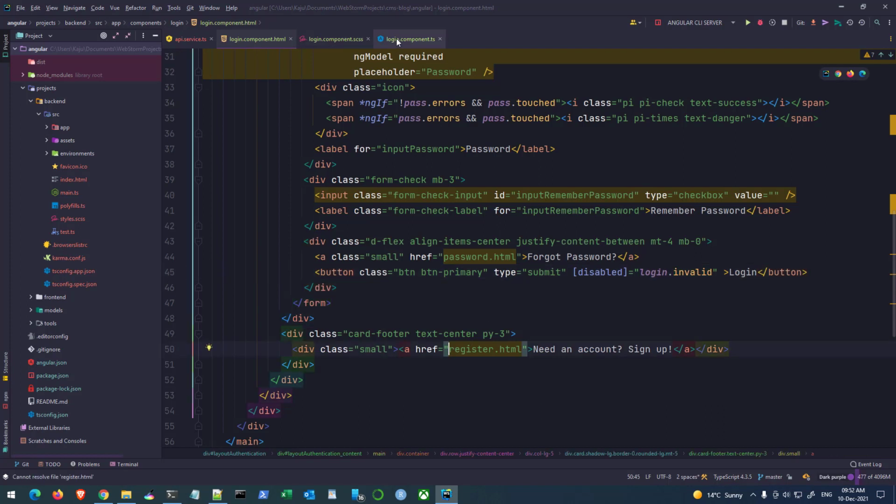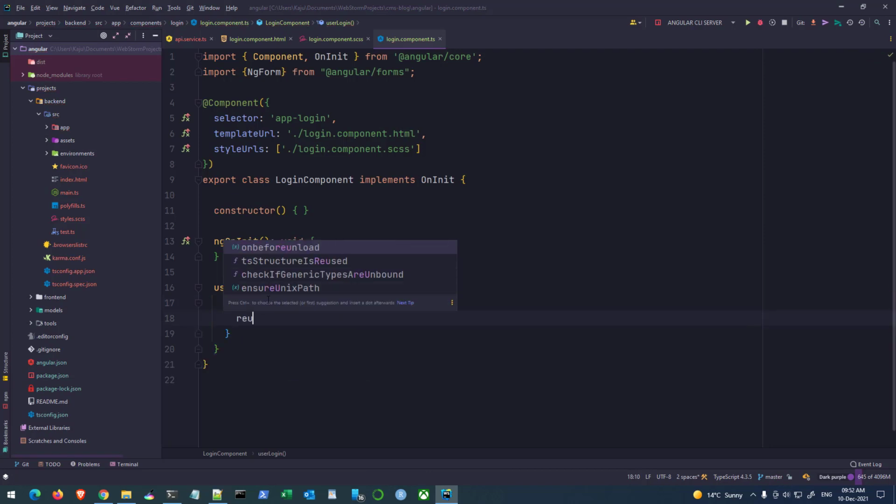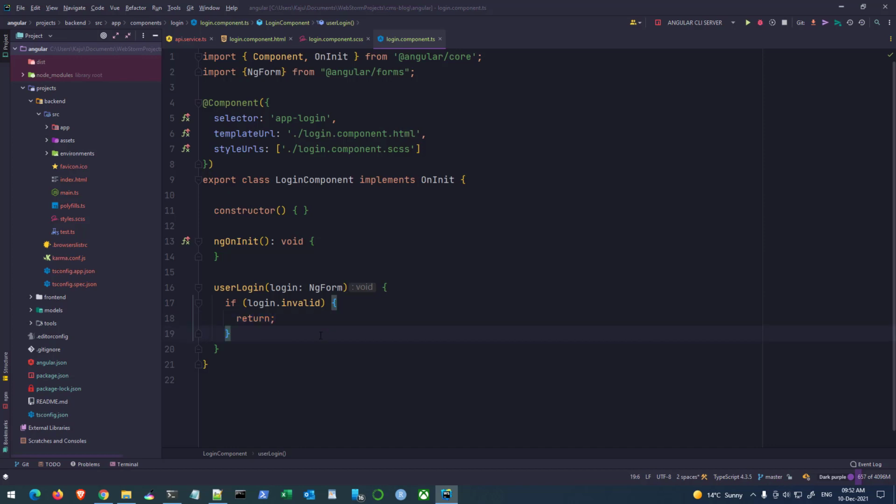So we need to send this request to our API, and for that we have to have a method, correct? So let's quickly fill the method here. First I'll say if my login is invalid for any reason, and ideally you will not hit this method, but in case you fiddle around with the developer tools and you manage to hit the login button and the form is still invalid, it will simply return and do nothing. But if it's valid, I want to get the login data,